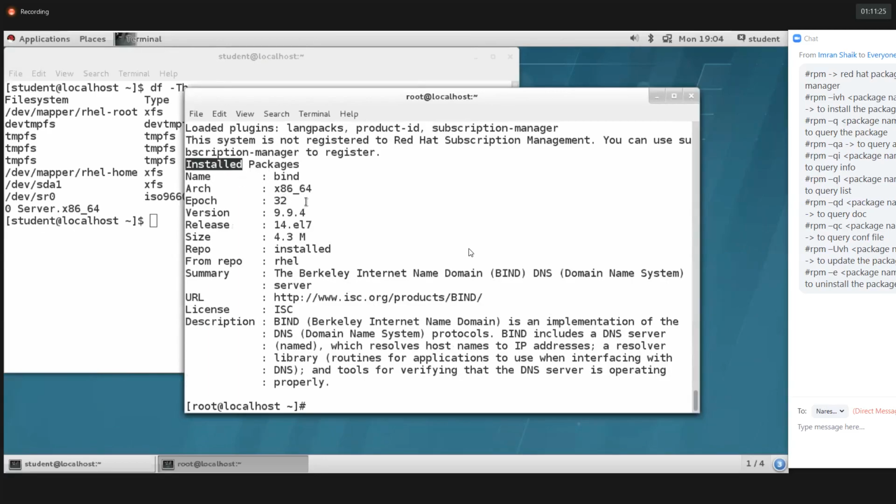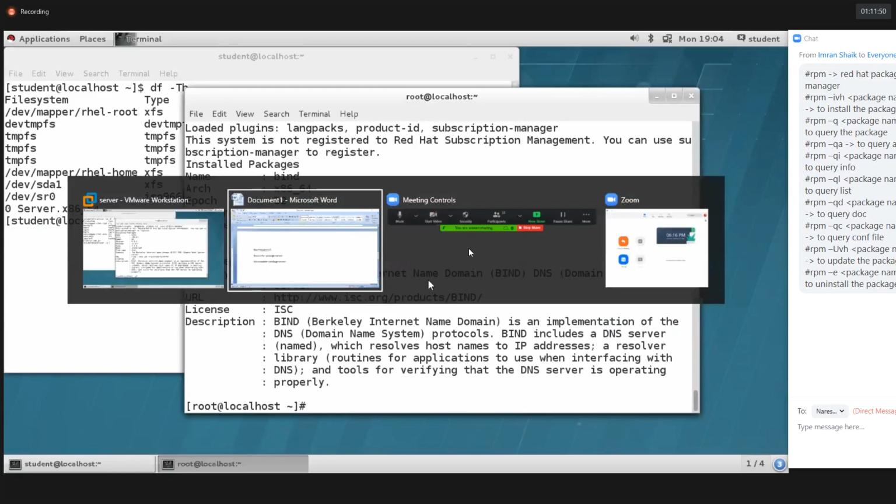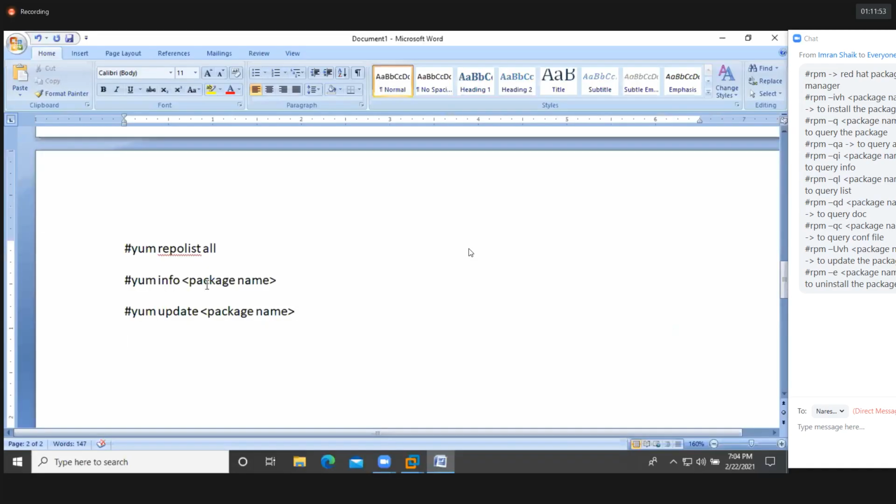It got installed into our operating system, with architecture, version, epoch, release, date, size, installed from repository, from the RHEL repository, and URL, and there's a description. So what is bind used for? This is a DNS server. That's a DNS server. Clear? So it is a DNS server related package. I hope you got it, guys.